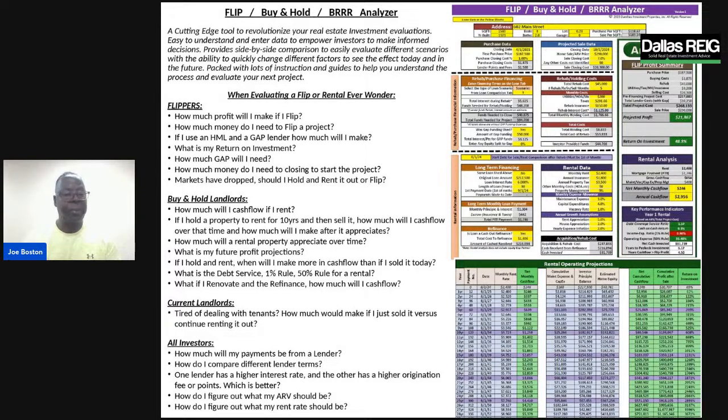And the BRRRR strategy has been around for quite some time. So that is buy, renovate, rent, and then refinance. And so you're creating the opportunity for cash flow. So we need to know exactly what all the fully burdened costs are so you know how much you're going to cash flow. And then if it meets the criteria of lenders that you're going to actually approach, it also